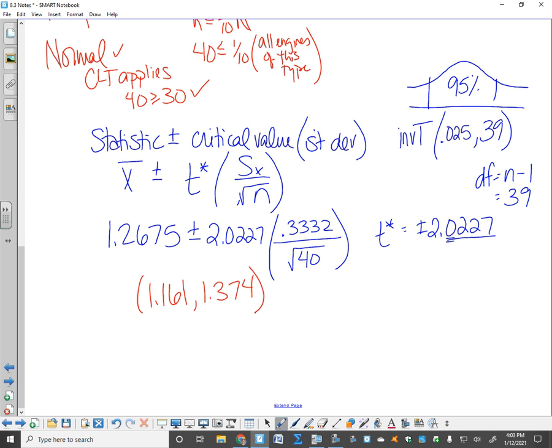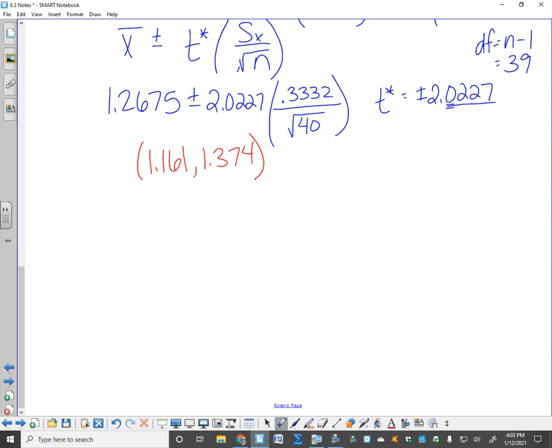Okay, let's write, it says calculate it and interpret it. So here we go. So I'm going to say that again. This is like your rubber stamp sentence. I'm 95% confident that our interval from that to that captures the true mean level of nitrogen oxides emitted by this type of light-duty engine. I'm going to write it. I am 95% confident that the interval from